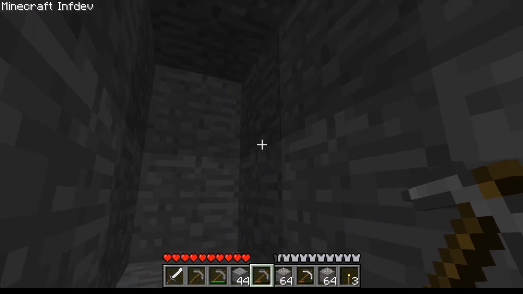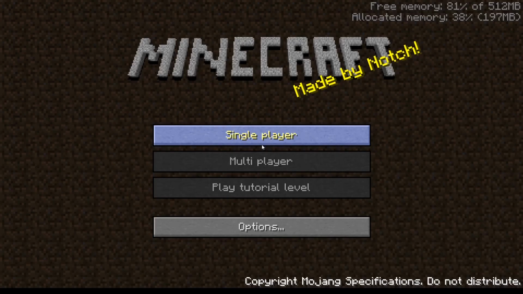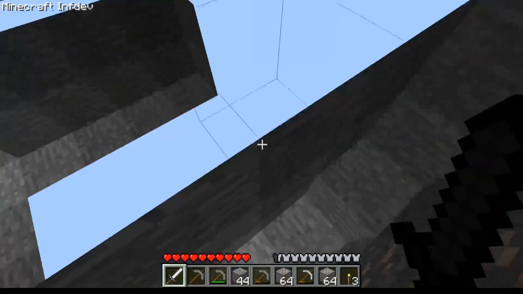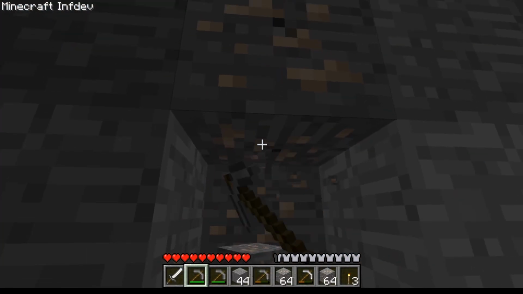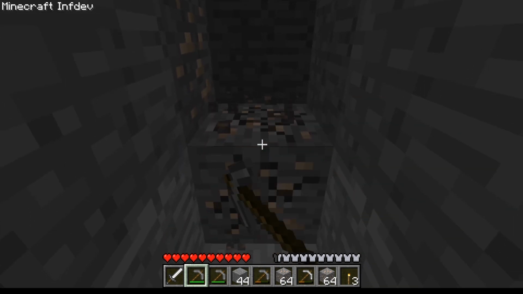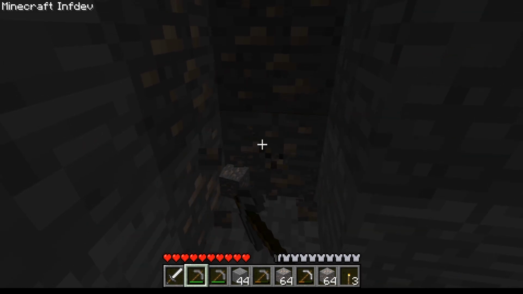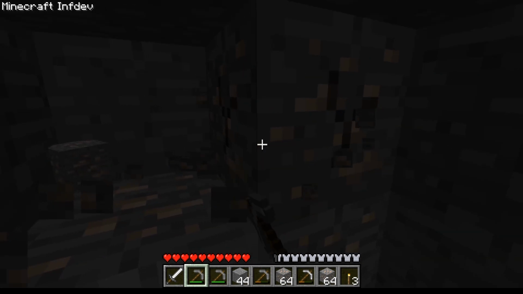So right here, there is just a bunch of stone. However, if I log back in, oh, I appear to have X-ray now. Well, now you can see that the stone has been replaced with iron, and I can mine the iron and get it. So this is a cool bug known as chunk repopulation,